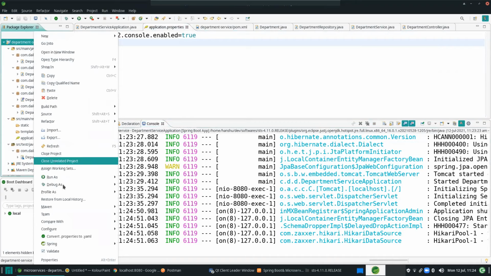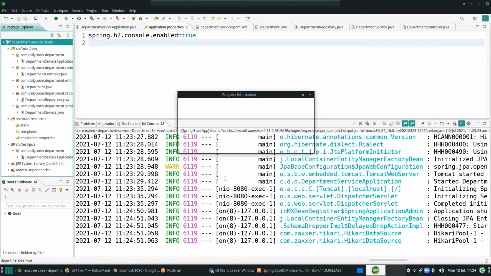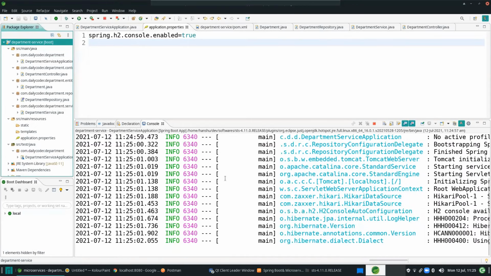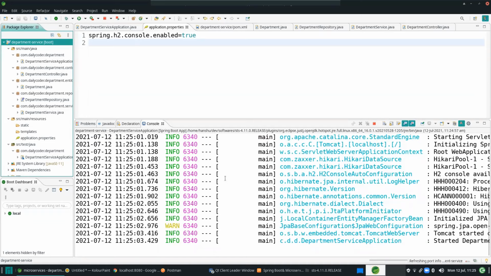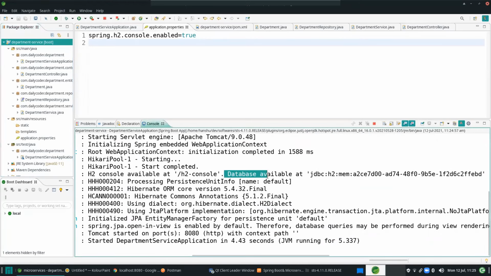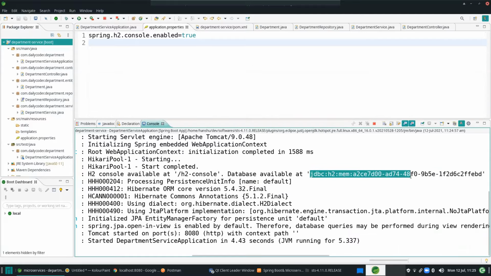See, in MySQL, how can you check the tables? By using a client application. So this is nothing but the client application, but to use it you cannot simply go and check, you have to enable it. How to look at that? See, this is the database available at. As we have added this enabled, this is the URL of your H2 database.